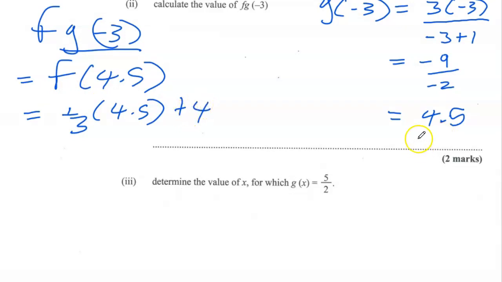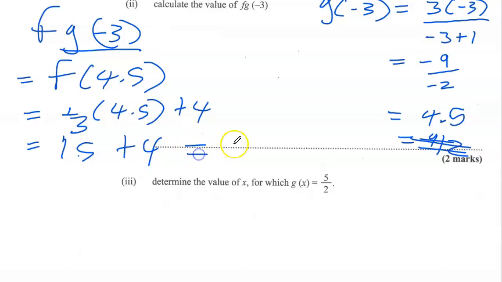Let me just use 9 over 2 instead. 1/3 of 4.5, that's 1.5, right? Plus 4,